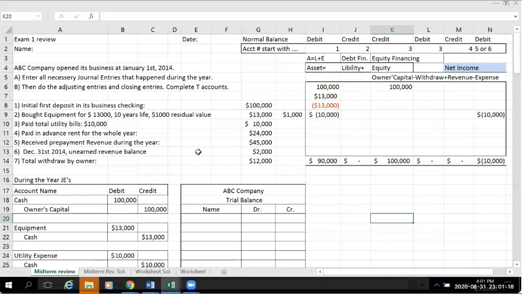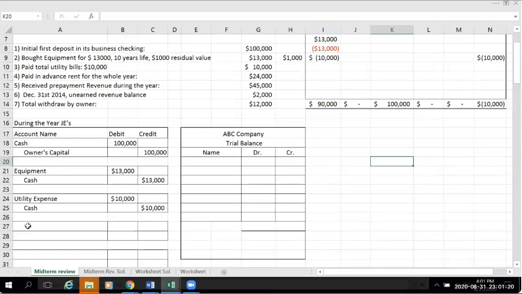Okay, so let's keep going, one more. Ready for another one? So guess what's going on right now? Number 4 says, you paid in advance rent for the whole year. My goodness, 24,000. So it looks like your credit history of the corporation, or I mean the business, is not good. So the landlord is asking you to pay 1 year in advance. Let's talk about this part. This is about